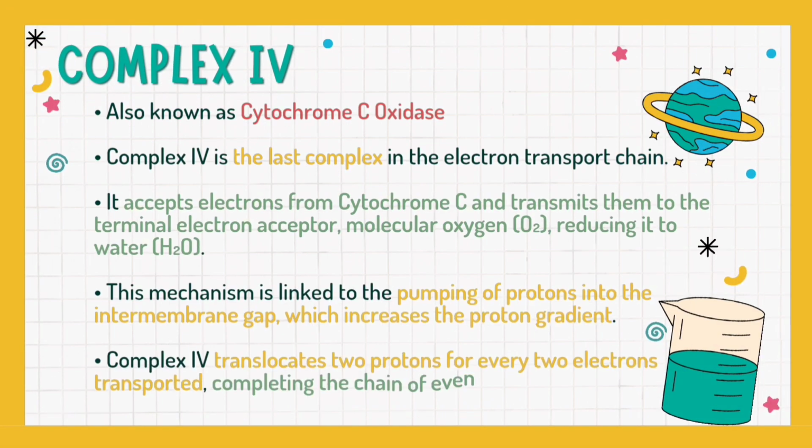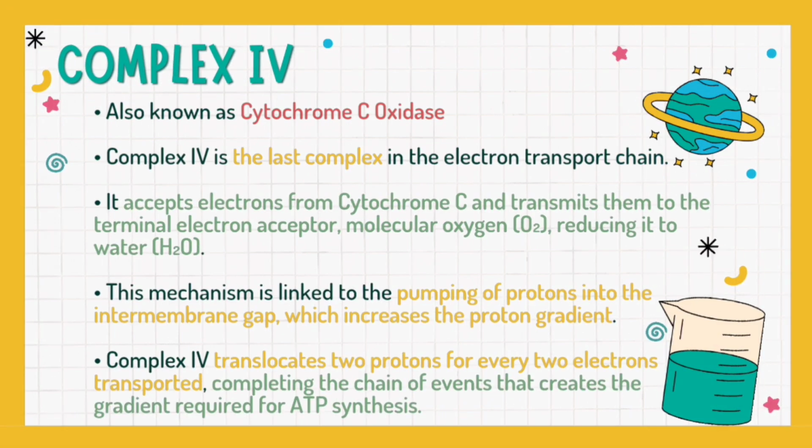Last but not the least, we have complex 4, also known as cytochrome C oxidase. Complex 4 is the last complex in the electron transport chain. It accepts electrons from cytochrome C and transmits them to the terminal electron acceptor, molecular oxygen, reducing it to water. This mechanism is linked to the pumping of protons into the intermembrane gap, which increases the proton gradient. Complex 4 translocates 2 protons for every 2 electrons transported,